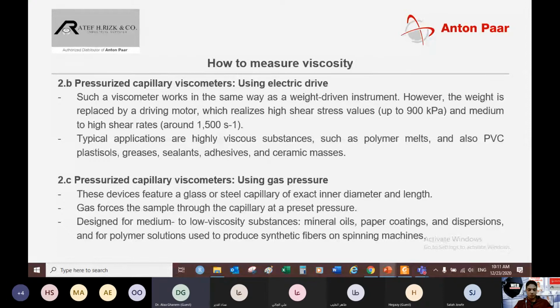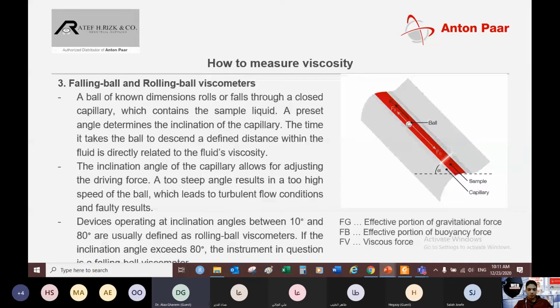And for polymer solutions with low or medium viscosity, to produce synthetic fibers in spinning machines. Another type of high pressure viscometer, which may be used in high pressure measurements of viscosity, is the falling ball and rolling ball viscometers. In the falling ball technique, a ball of known dimension,